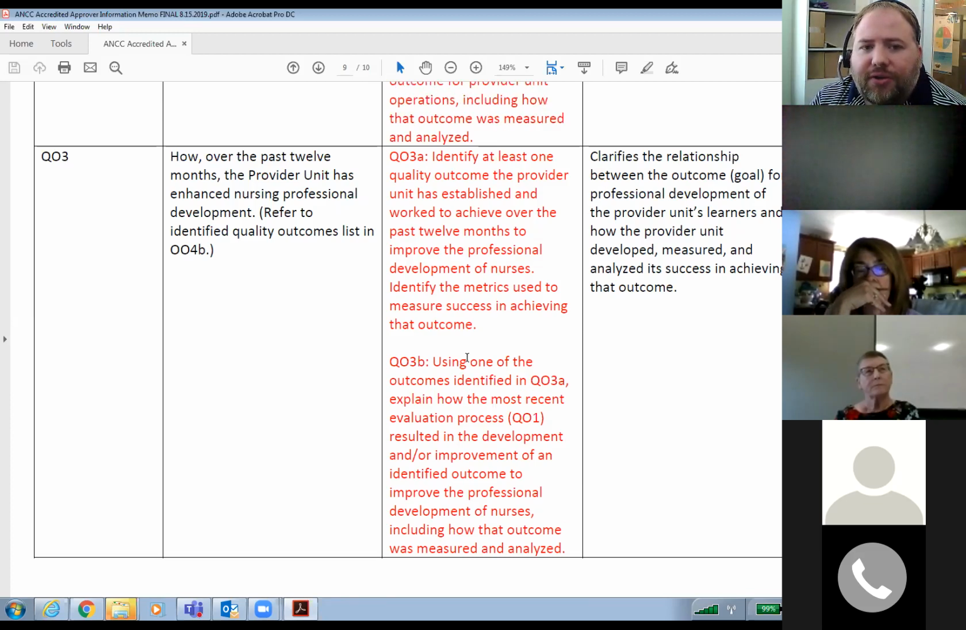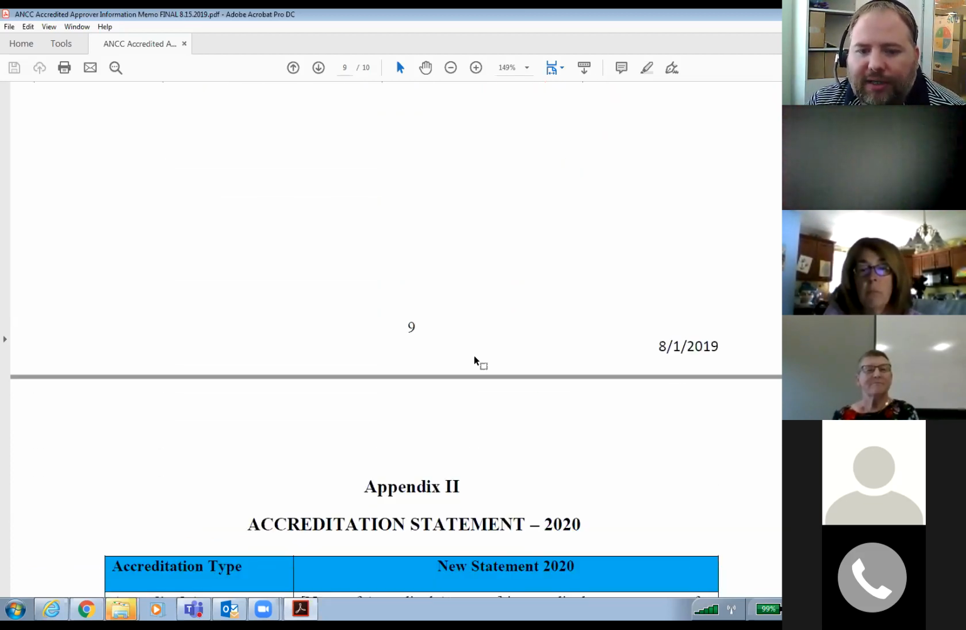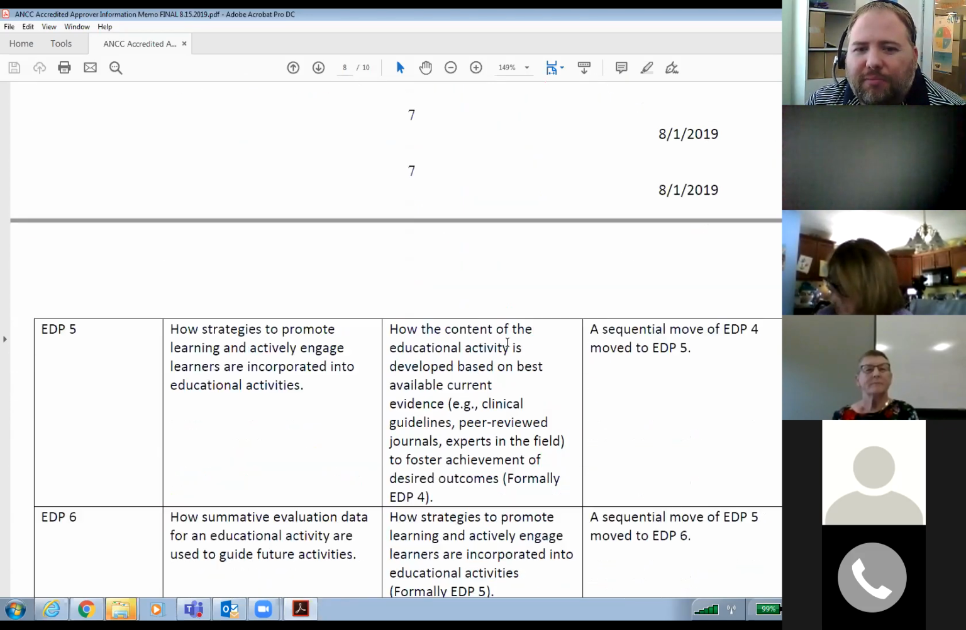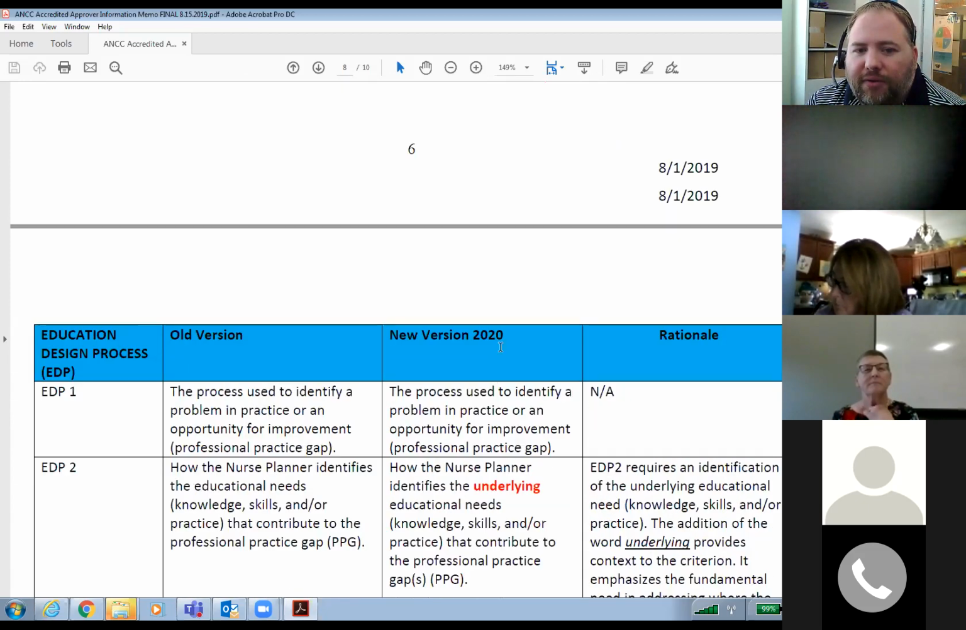You'll see for Q02A and Q03A, the "provide a list" is gone, and there will be no list there for them to just copy and paste like some people did, not understanding that we were asking for a little bit more. So that's really a brief overview of the criterion,